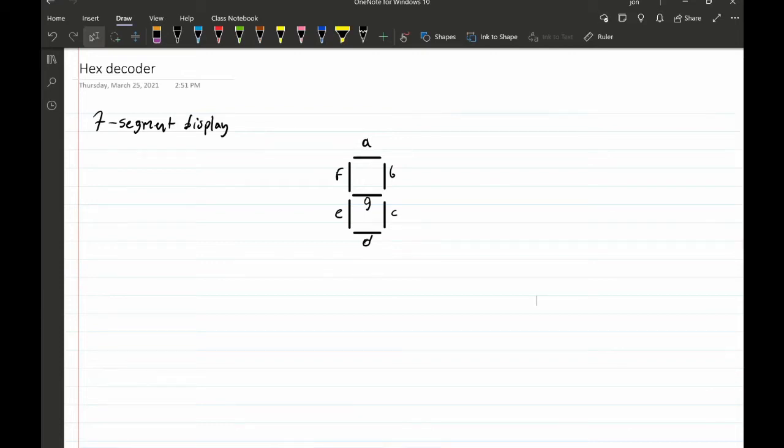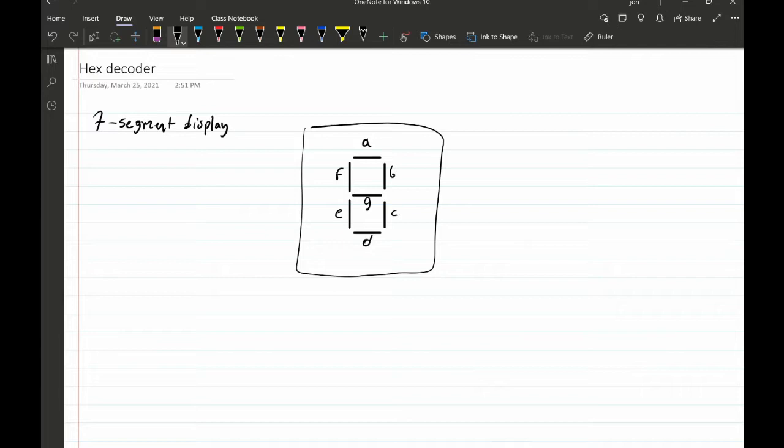Okay, so in this video we'll be designing a hexadecimal decoder or a hexadecimal driver. You can call it either one. And so we begin by looking at the part that is available to us to use on the simulation software. Typically they're called a 7-segment display, and that's because it has 7 different sections we see here in this schematic. There's 7 different portions or sections of the display that can be turned on or off,